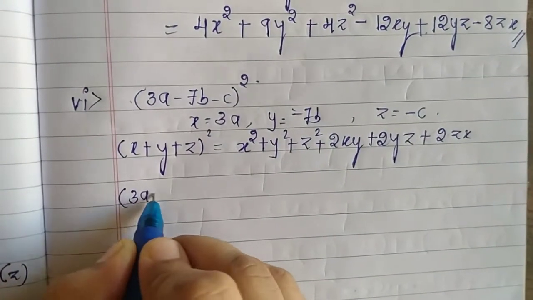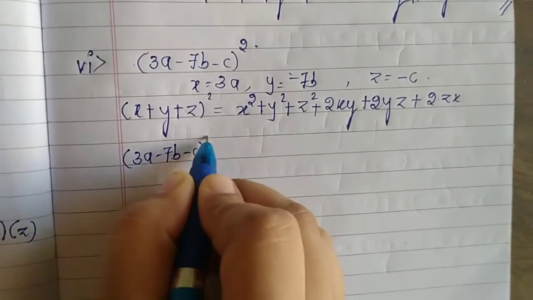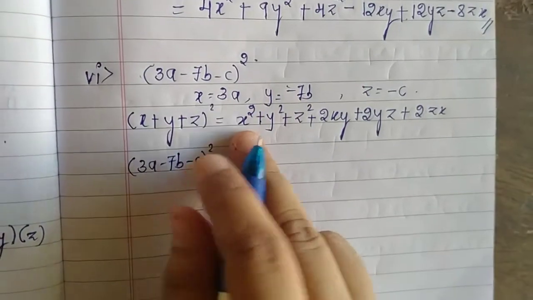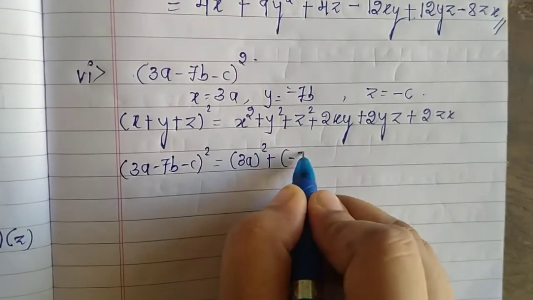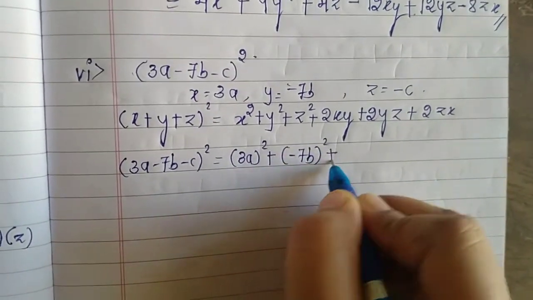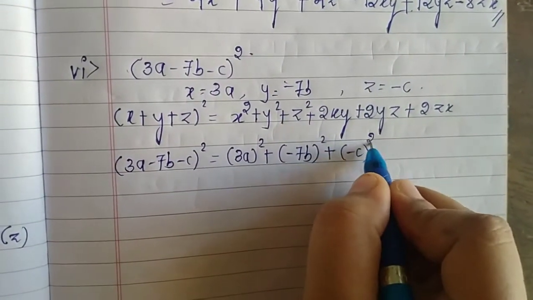So 3a minus 7b minus c the whole square is equal to, in place of x here 3a is there and in place of y here minus 7b and in place of z here minus c the whole